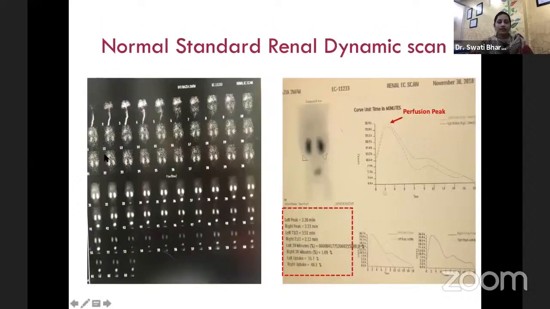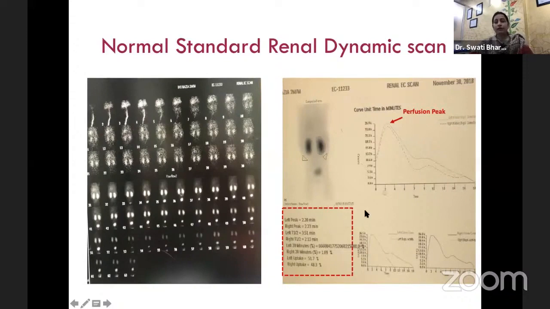In the top, the images which are at the intervals of seconds show the perfusion. Within 5 seconds of injection, the tracer starts showing up in the kidneys. Both the kidneys should start getting bright simultaneously, and they should be equally bright in normal kidneys. And in the second half, we have images which are taken at the interval of minutes rather than seconds, and they show the drainage and the gradual appearance of the tracer in the bladder. And normal kidneys should also lose the intensity simultaneously.